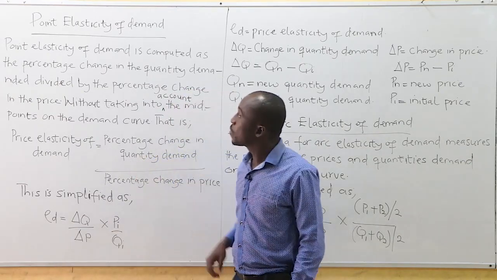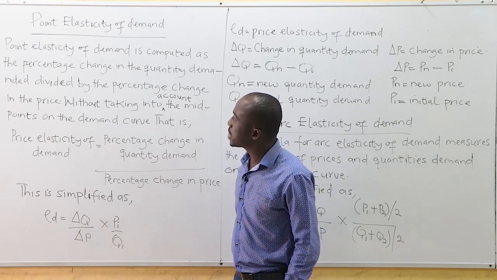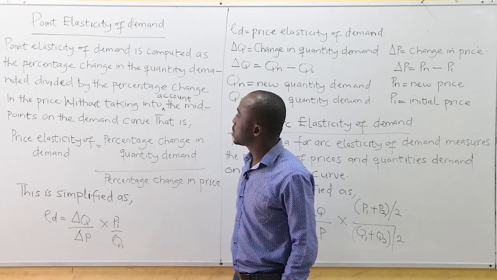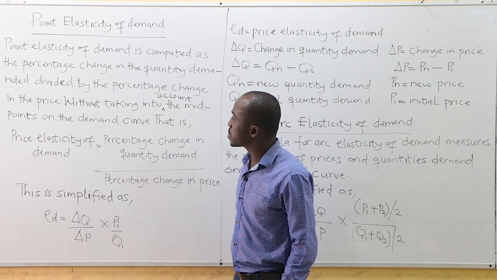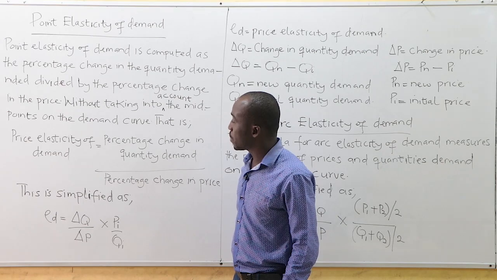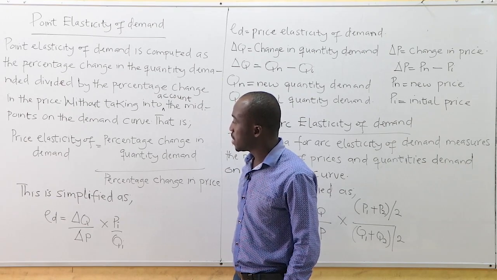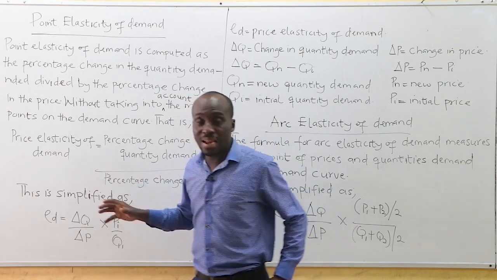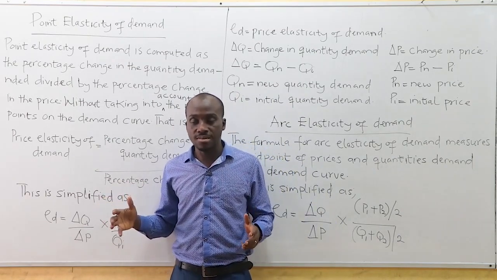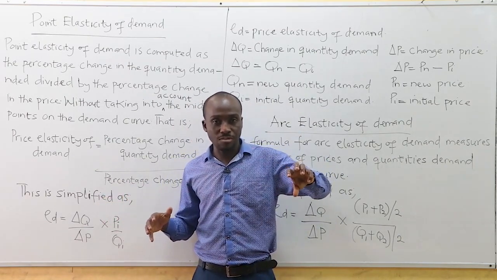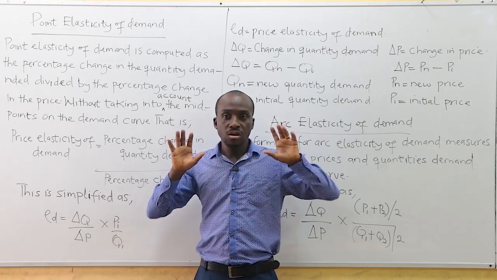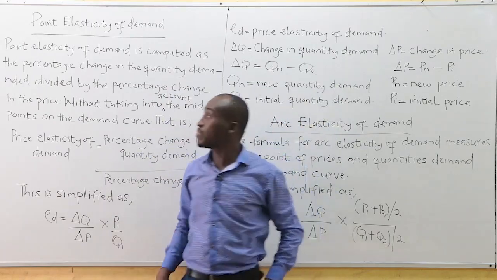So let's see. Point elasticity of demand is computed as the percentage change in the demand divided by percentage change in price, without taking into account the midpoint on the demand curve. That is the price elasticity of demand. So what do we say here? The point elasticity, what are we trying to take into cognizance? We are considering the percentage change in quantity demand by percentage change in price. Just a point, right? If you have a demand curve like this,